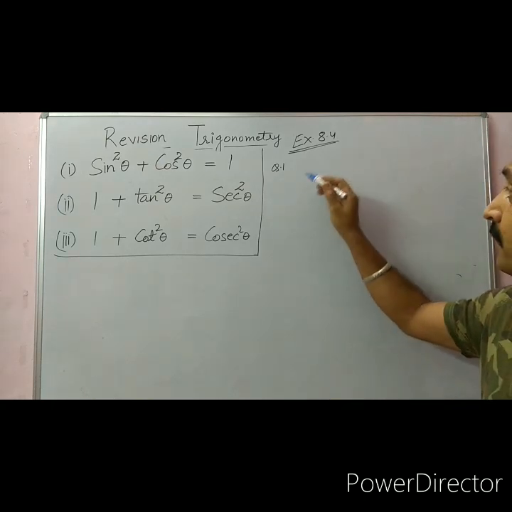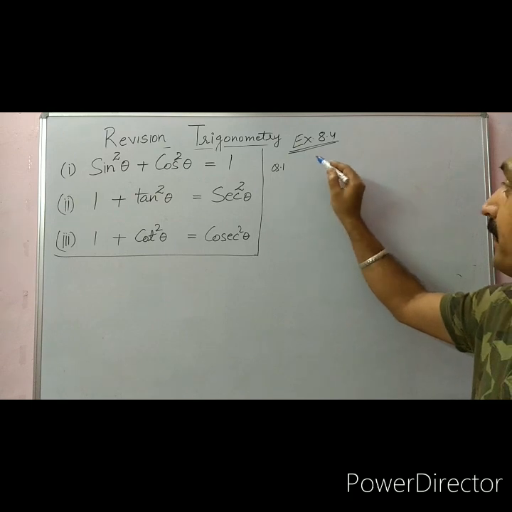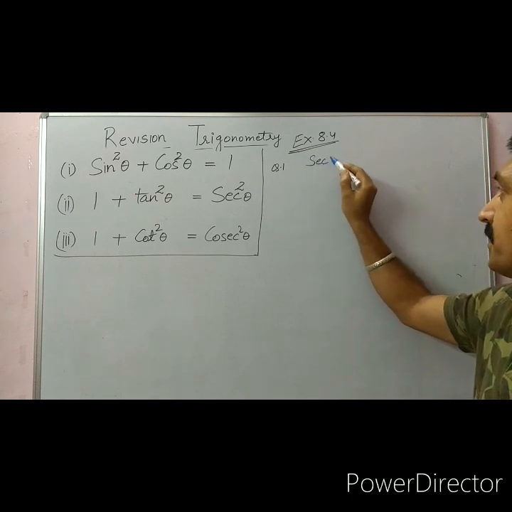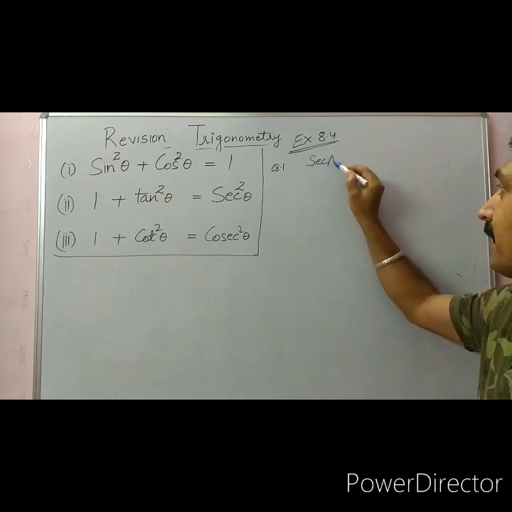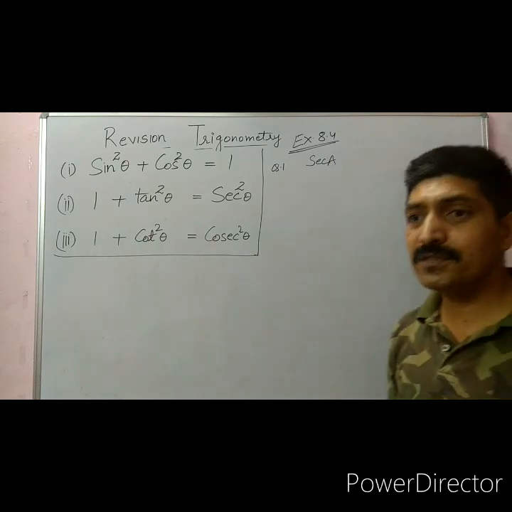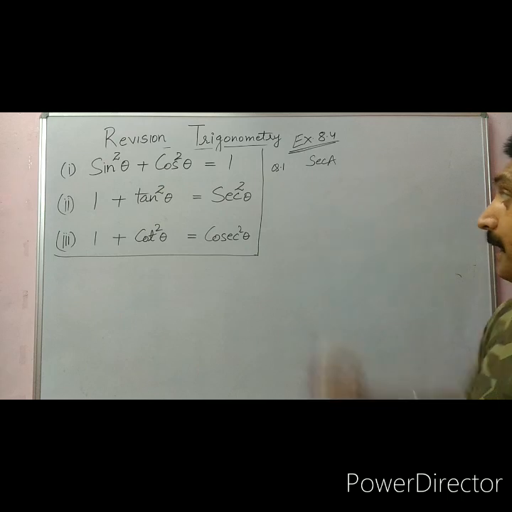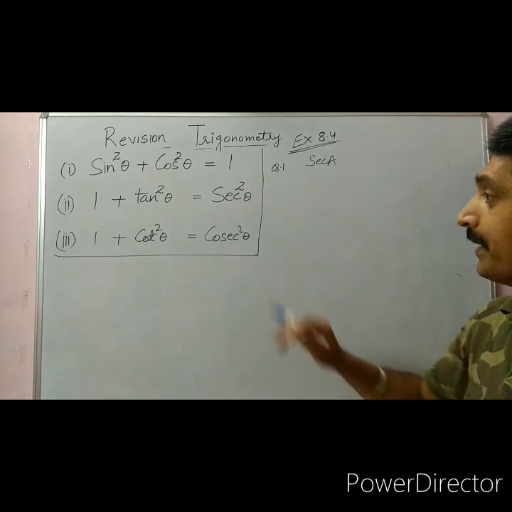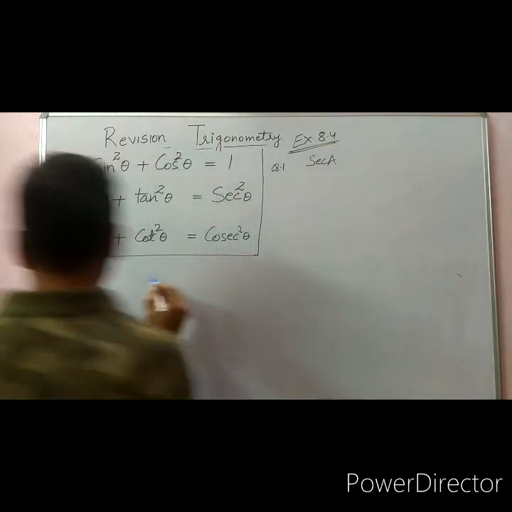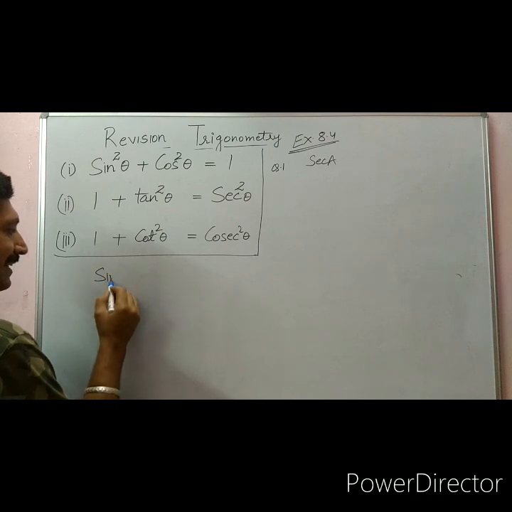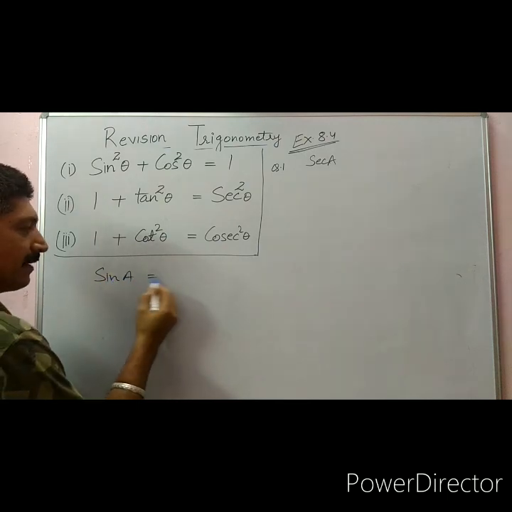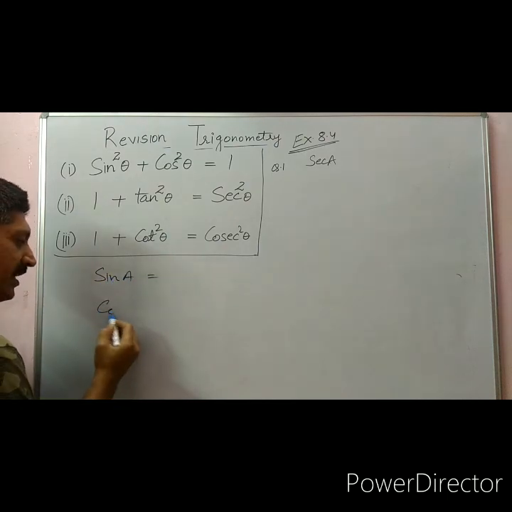In the first question, we want to write all trigonometric ratios in terms of secant of A, and in question number 2, in terms of cotangent. So secant of A, how to write sine of A in terms of secant,